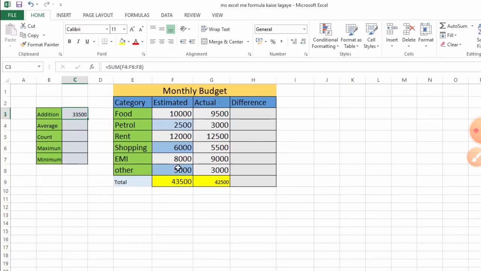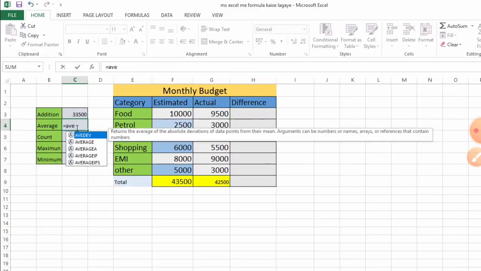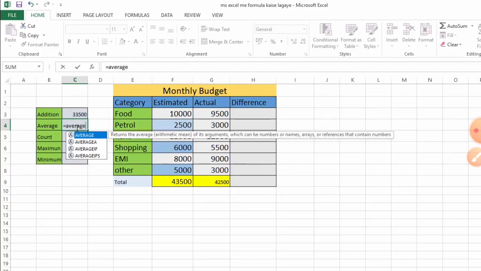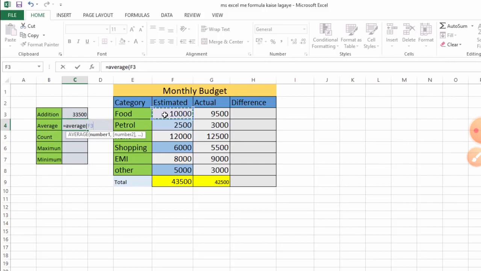Now, in this way we can get the average. Say we want the estimation of the average of these estimated expenses. Here we write the equal sign, then AVERAGE, open the parenthesis and write the cell address from the start of your range, F3, and then for the last of your range you can drag down, or write it manually; once you write the colon sign, it automatically takes the range to F8.